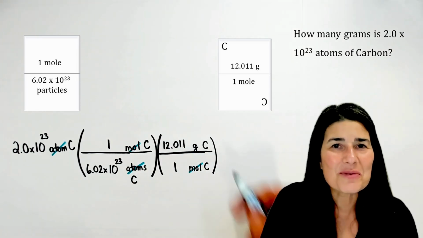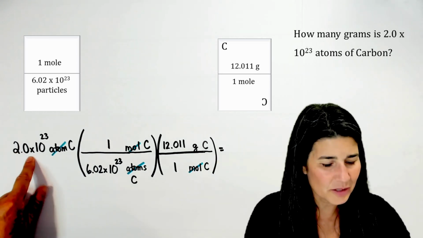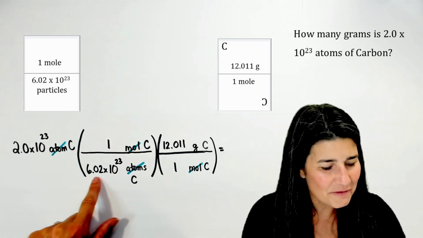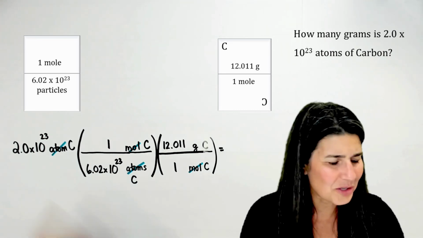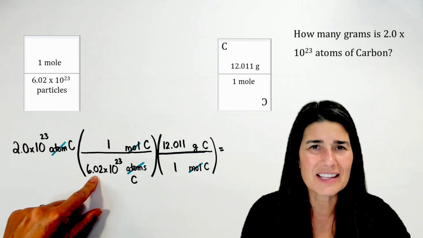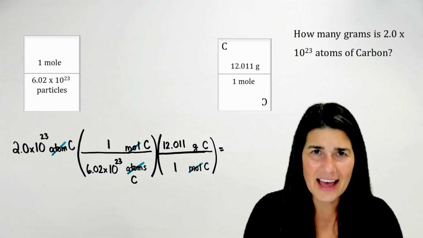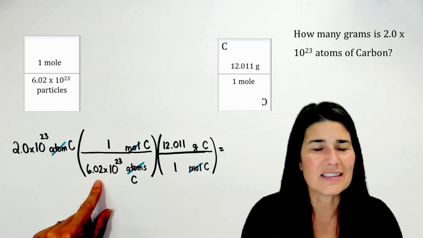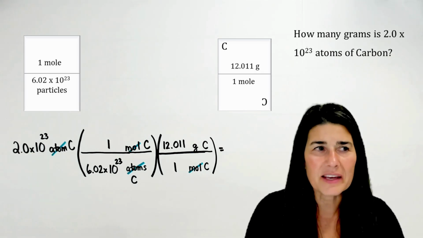And now, if you go ahead, multiply across the top and divide by the bottom, 2.0 times 10 to the 23rd times 12.011 divided by 6.02 times 10 to the 23rd. And actually, it doesn't matter the order. You could also take 2 times 10 to the 23rd divided by 6.02 times 10 to the 23rd times your 12.011. If you do all of that, making sure to keep your 6.02 times 10 to the 23rd in parentheses or use your exponent key, you should get an answer to 2 sig figs of